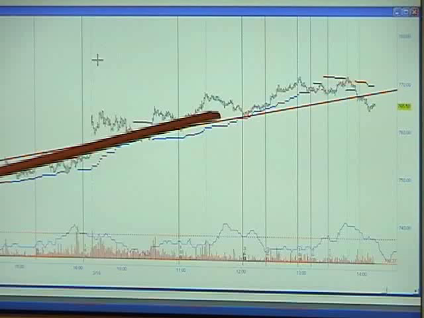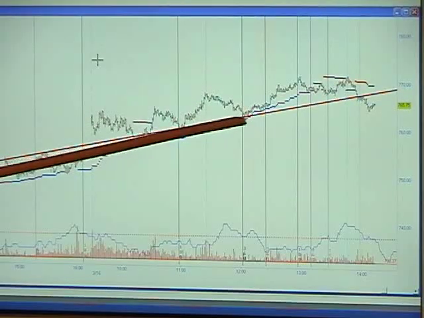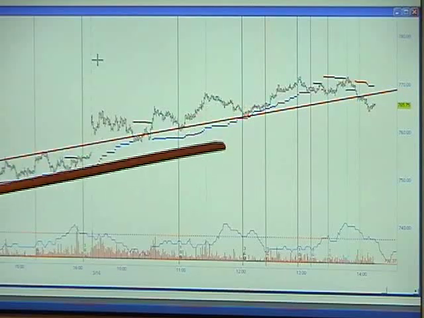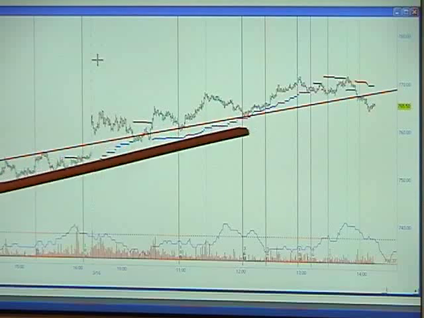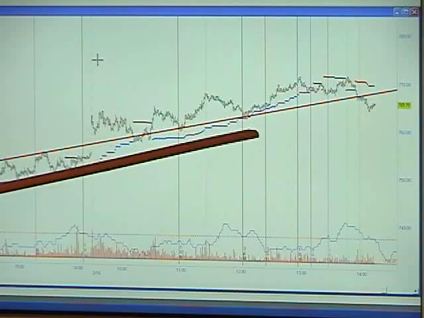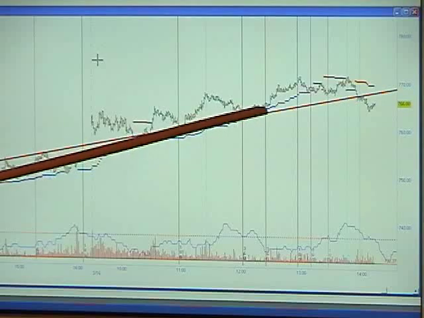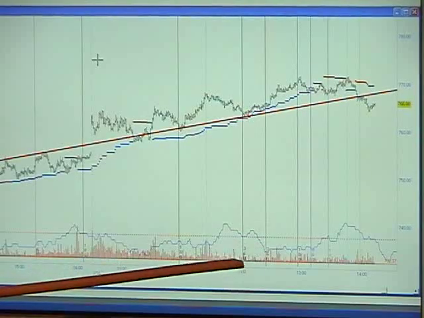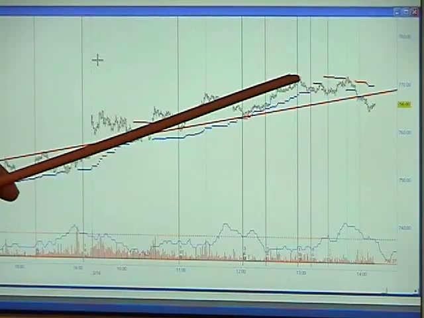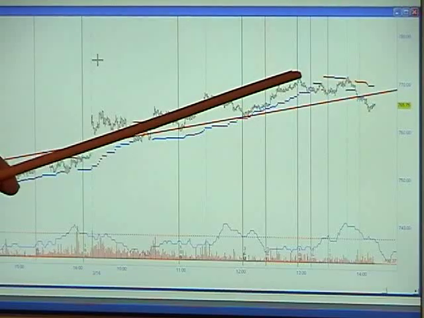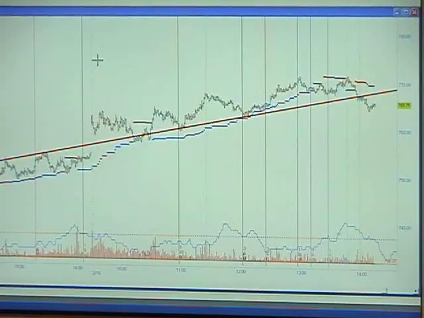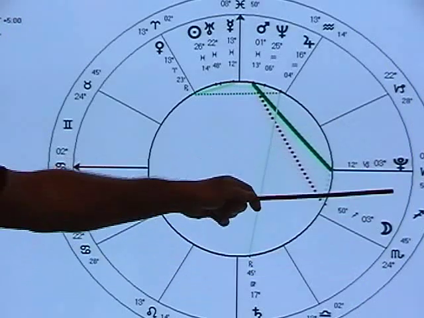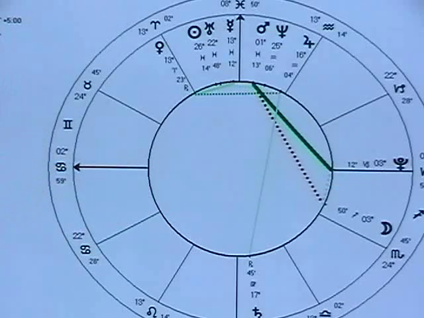So we're looking at Mars. Mars is this red line here. We can see what happened when the moon hit. Now Mars is hitting angles at Chicago. You had a little rise, and it looks to me like people got frustrated, expecting more, getting impatient, and then all of a sudden, after this angle pass, you had a fairly nice run. Actually, it ran right up to the next aspect. That's your Pluto aspect. That's Pluto hitting the descendant. That's what Pluto on the descendant looks like. Pluto is just setting at the western horizon at the Chicago location.